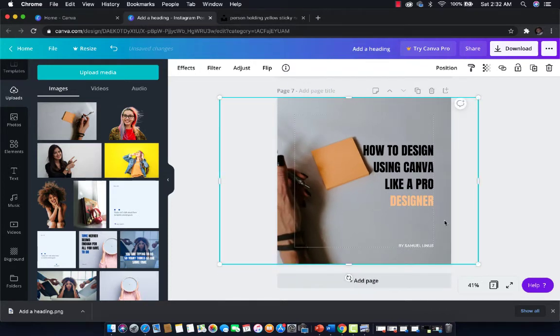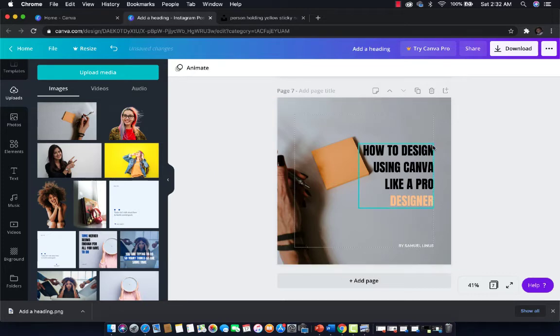But the reason why this image looks almost perfect is because it has what? A writable area. What's a writable area? An area where you can easily write on your image without changing the background. So another